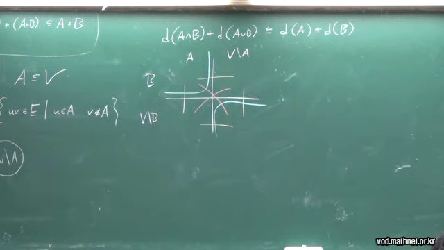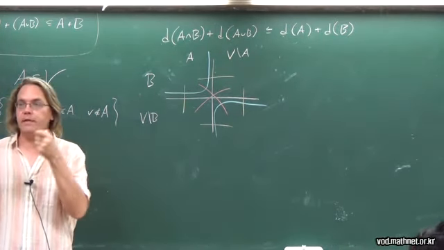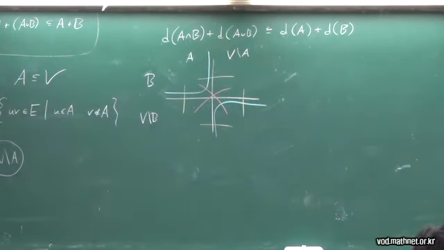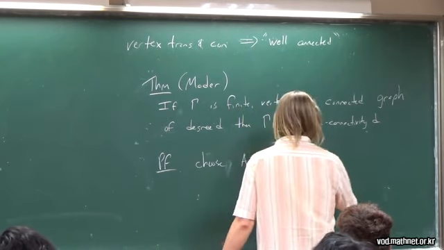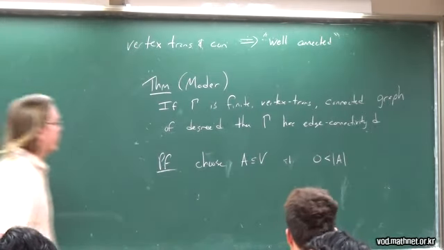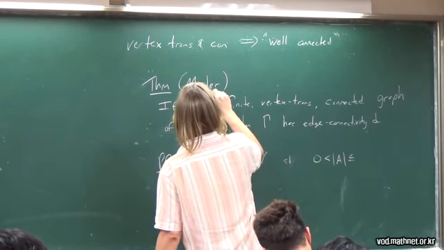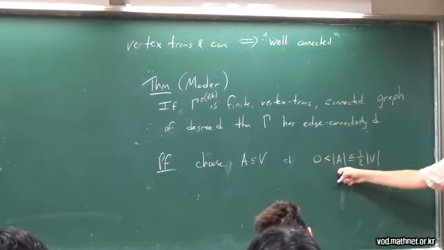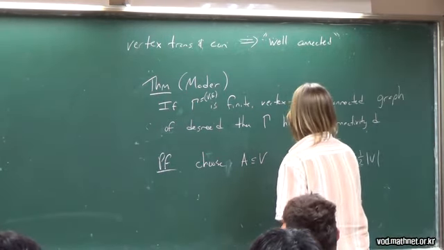So here's what I'm going to do. I'm going to choose a subset of vertices A so that D of A is as small as can be. But no fair choosing the empty set. I'm also going to insist that A be at most half the vertices in the graph. So I'm going to choose a subset of vertices that's at most half, such that